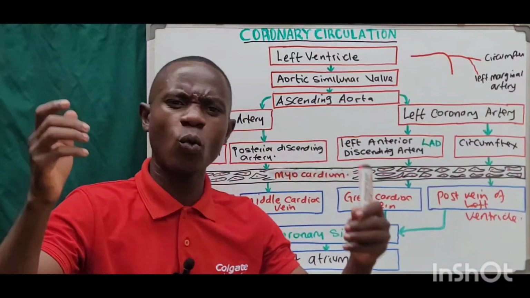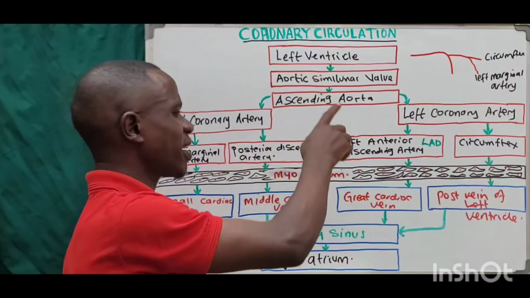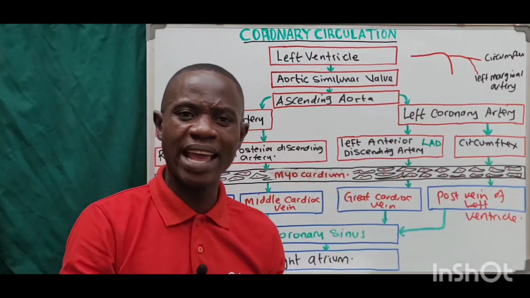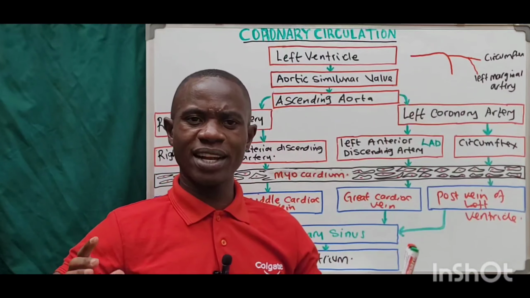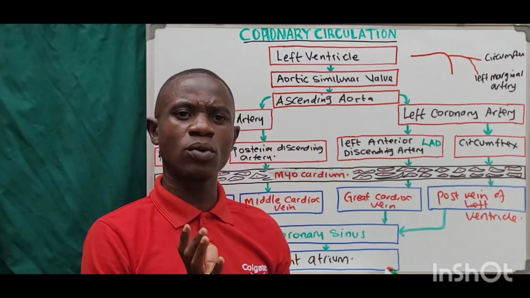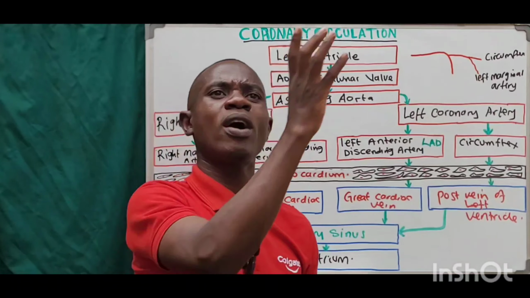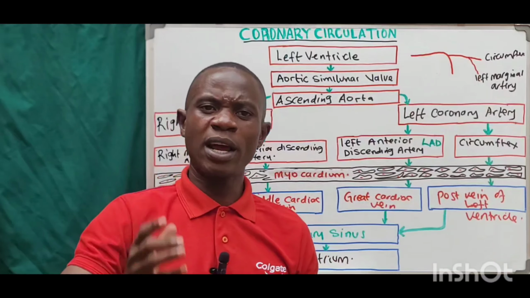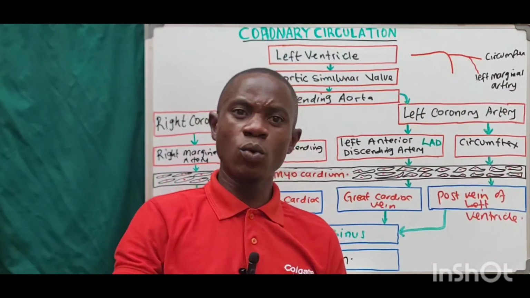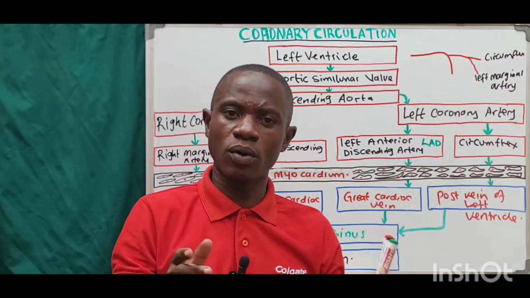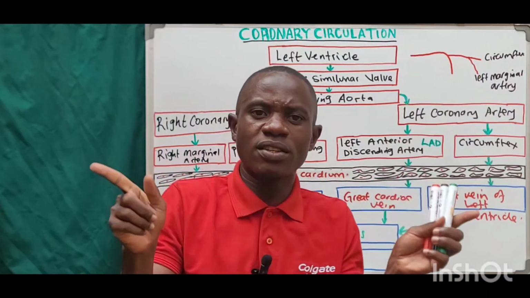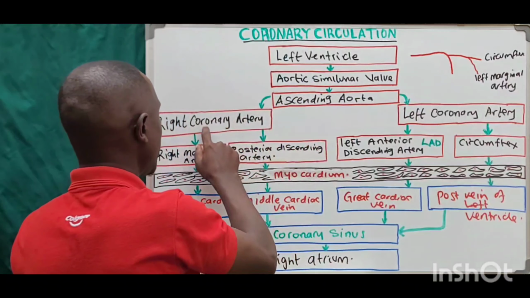Let's just have a very quick recap. We said that coronary circulation is going to be happening during ventricular diastole. What do I mean by this? When the left ventricle contracts, it will push the blood to the aorta. From there, the pressure within the aorta is going to become too high compared to the left ventricle. What happens is that the blood will try to come back, which will make the aortic semilunar valve close. Once it closes, it will shunt the blood to the right and then the left